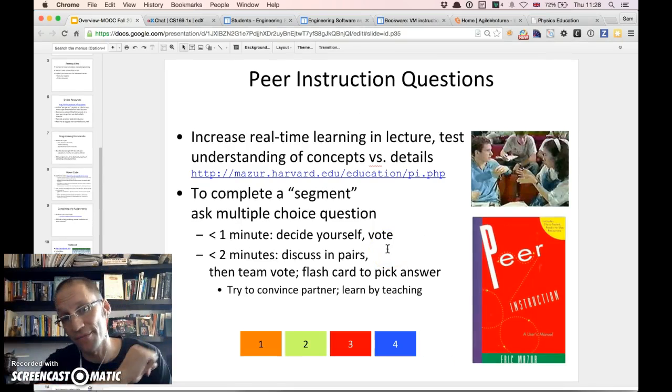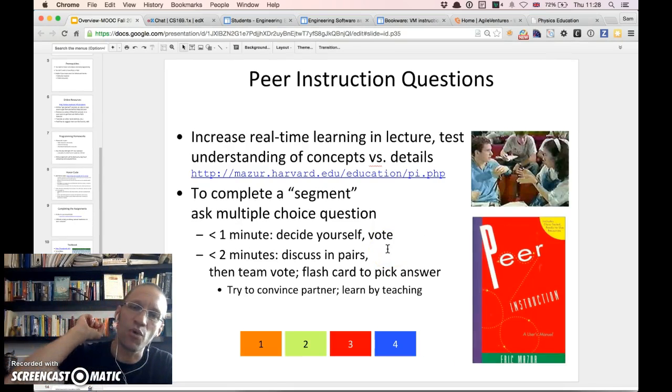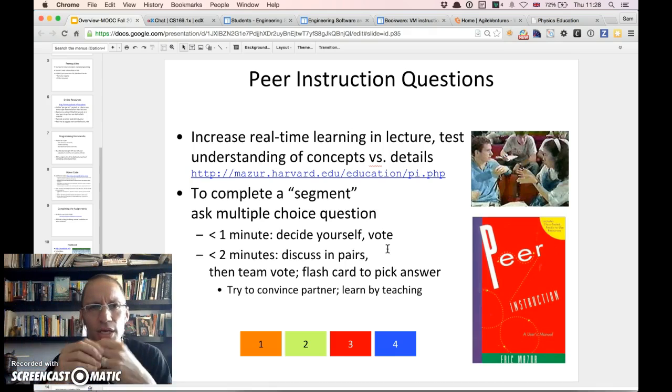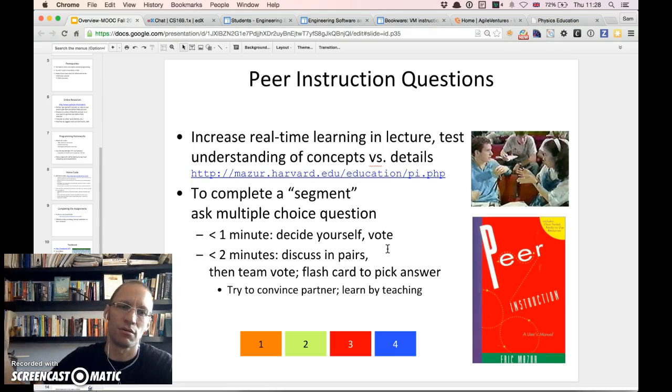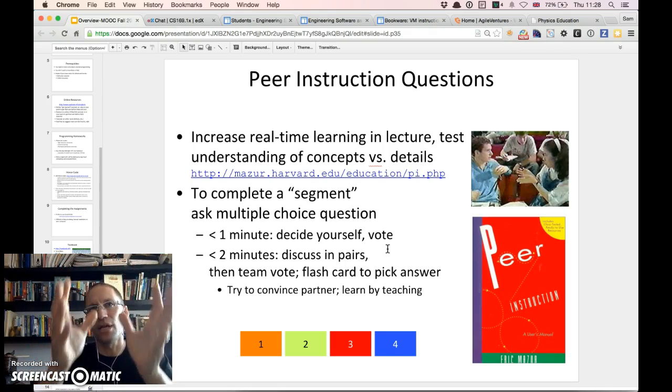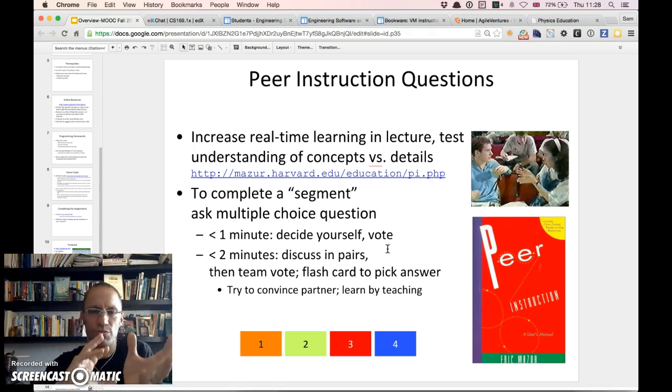So finally, absolutely finally now. One other thing that you'll notice in the videos coming up is that there's talk of flashcards and colors and so on. I just want to explain that to you. I think Professor Mazur at Harvard had this idea of peer instruction and adjusting lectures so that rather than having an hour and a half lecture where everybody's falling asleep, every 10 minutes or so, when you've completed a segment and the lecturer has provided a concept, the lecturer puts up a multiple choice question